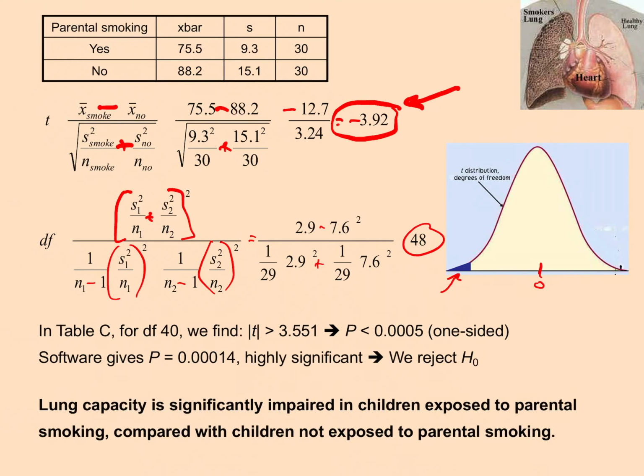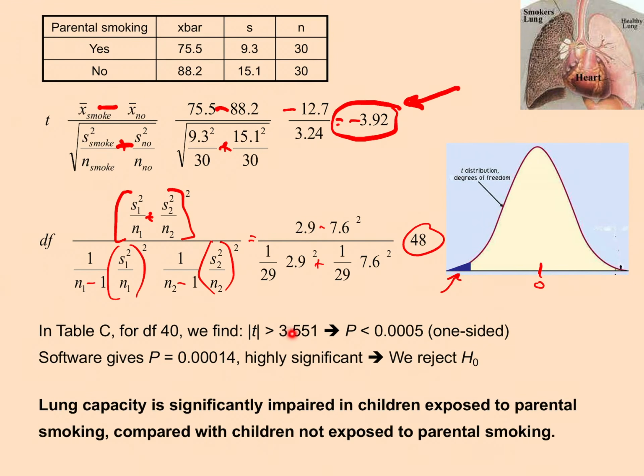All right, so you work out all that math, you end up with a degrees of freedom of 48. So again, the degrees of freedom is going to tell you what row of the table you need to look at when you're trying to find your p-value. All right, so in table C, for degrees of freedom of 40, because there isn't a row for 48, so you get to go to the next lower one, which in this case is 40, we find that our p-value lies between